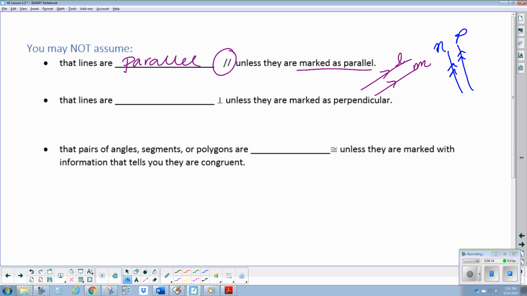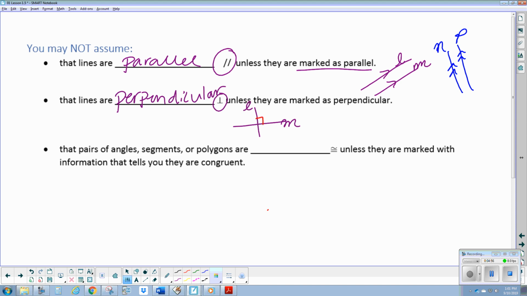You're drawing a conclusion. We may not assume that lines are perpendicular. And there's the symbol for perpendicular, unless they are marked perpendicular. So here, L and M, we can only conclude they are perpendicular if they have that 90-degree angle marking. That's how you will mark two lines on a diagram perpendicular. And then the third thing that we